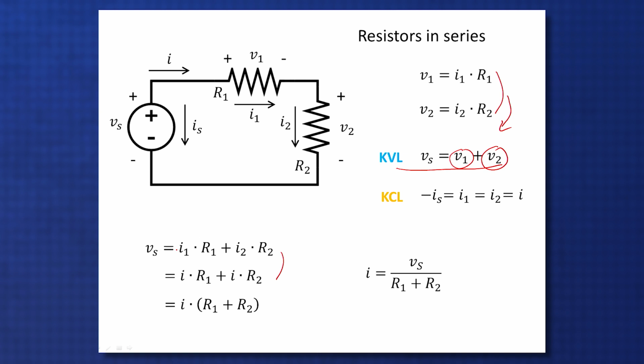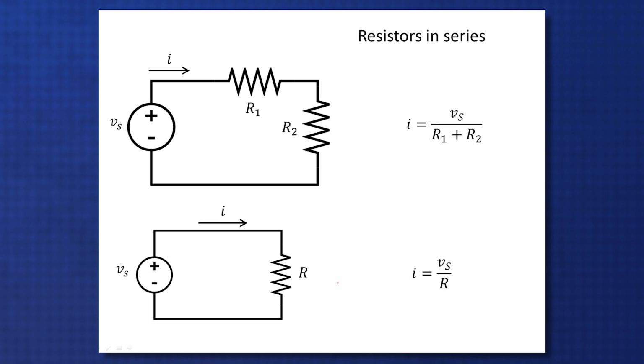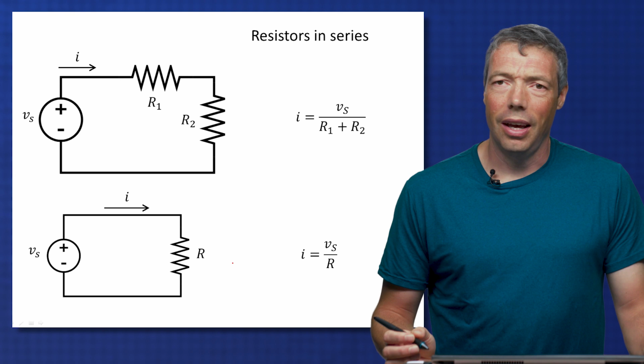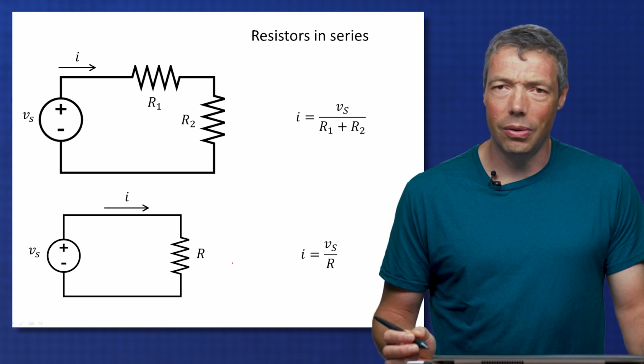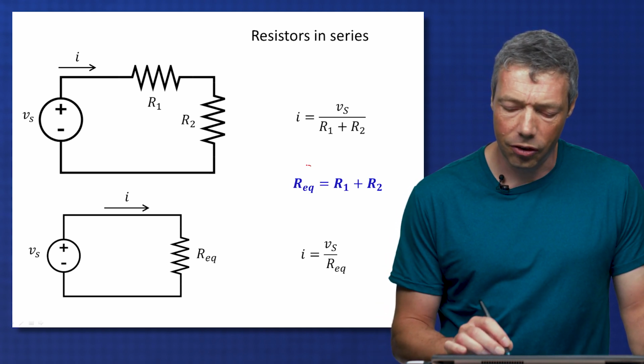Basically what I see is that I get an expression for this current I. Now when I look at this, this looks very similar to this circuit, right? If I just have one resistor R, I basically get a very similar equation. And really, two resistors in series behave as one equivalent resistance, where the equivalent resistance is just the sum of